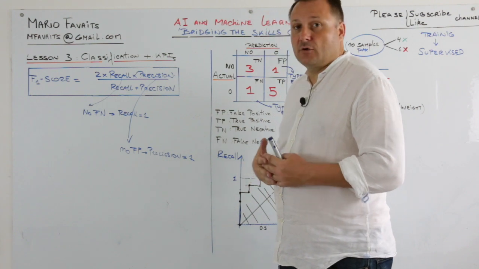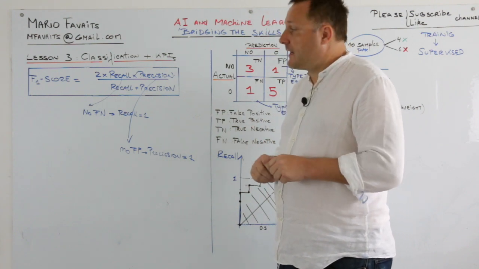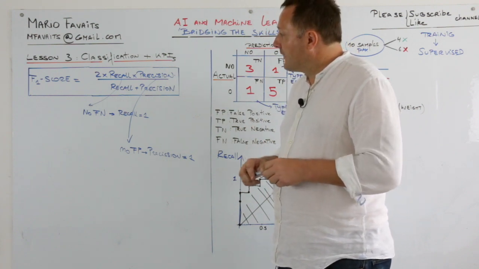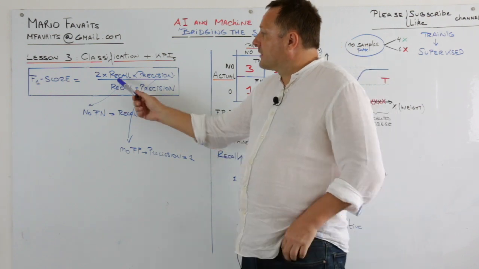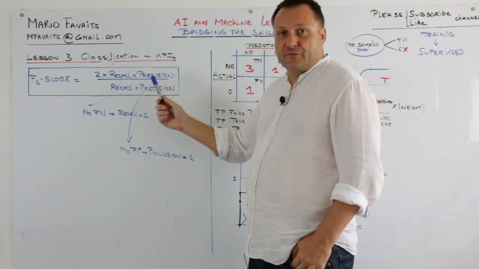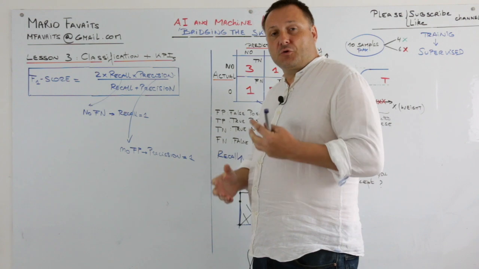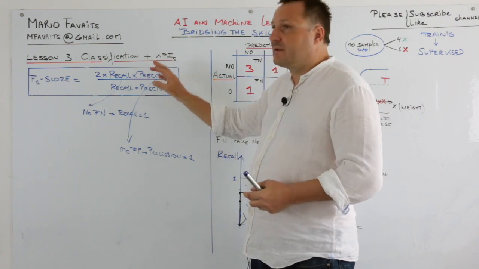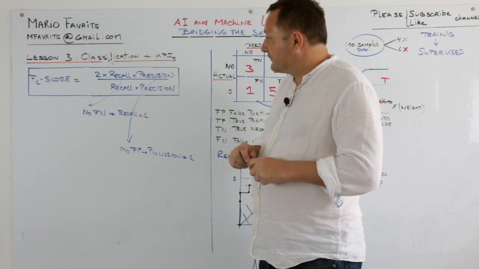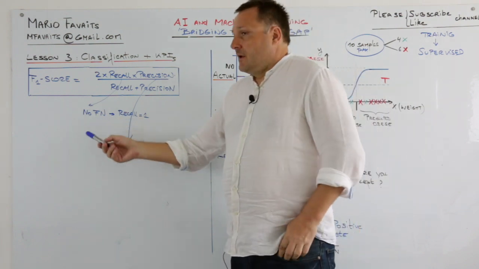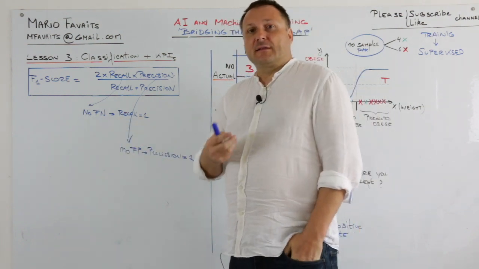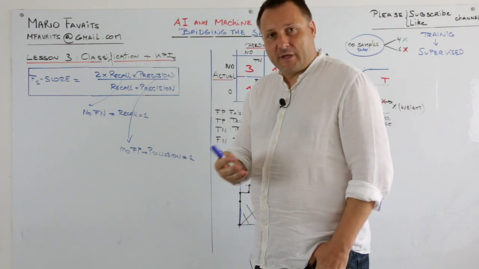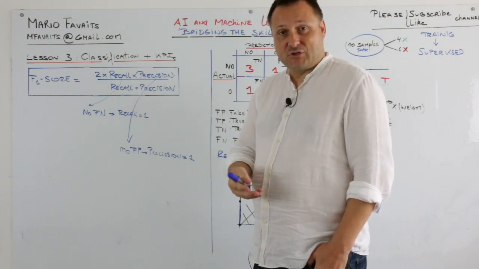Alright, let's take a look at the F1 score, the last KPI we'll take a look at today. And you see it takes into account both recall and precision. So it knows if you increase one, the other may drop, and the other way around. So it takes into account that fact. Remember, if we can't live with the fact that we predict somebody has no cancer and the person actually has